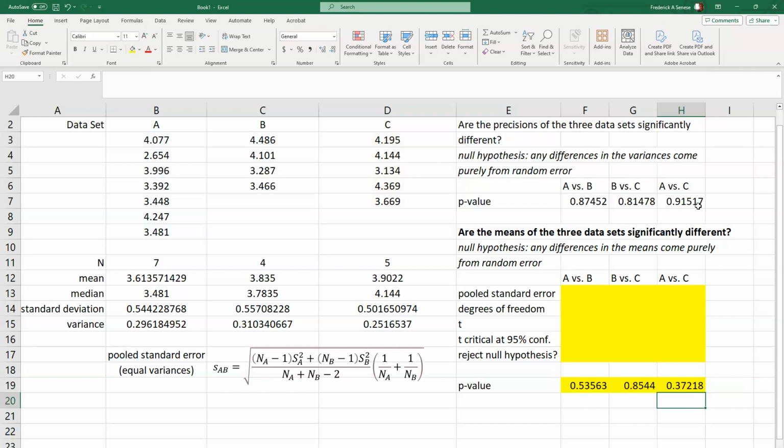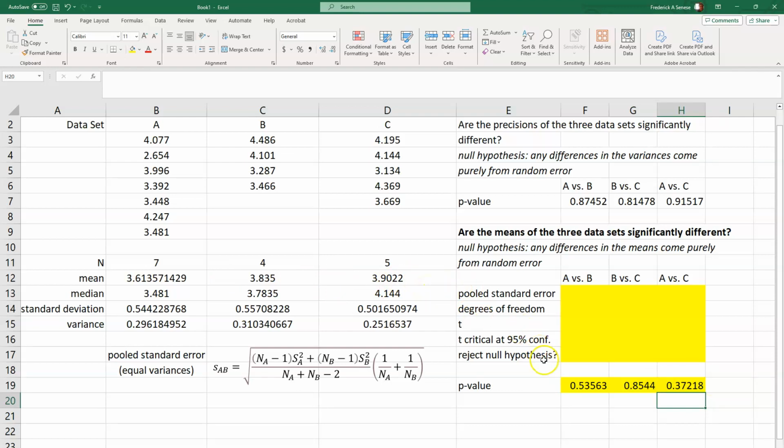And there's only a 37% chance that I'll be wrong if I reject the hypothesis that any differences between this number, 3.9, and this number are due to purely random error. But 37% is still a pretty good chance that I'll be wrong if I reject that hypothesis. So I won't reject it. You can only reject the hypothesis when the p-value is 0.05 or less. All right, so that's the easy way to do t-tests and to draw conclusions about whether the means are significantly